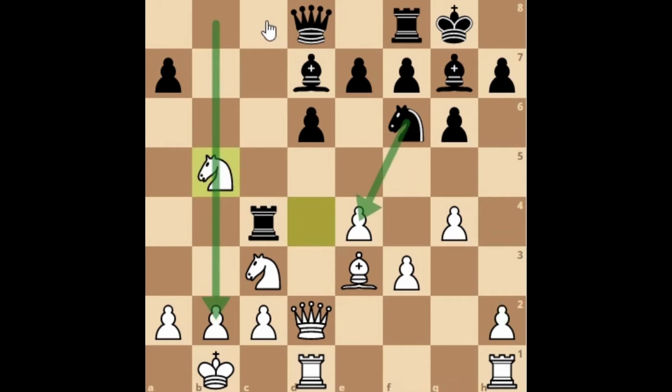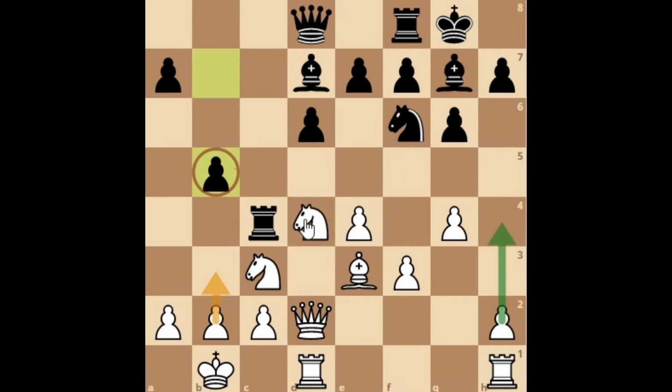If you do this, you are opening some files, the b-file especially here, and later on he can sacrifice the knight on e4, and there are so many threats on it. So don't capture it. Another line, which I think is the main move here, is pawn to b3, but I